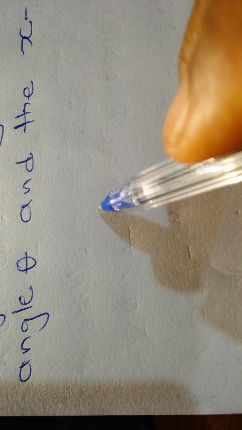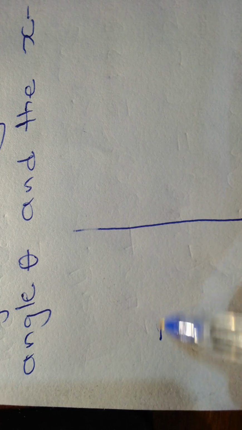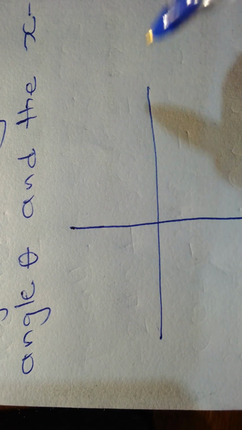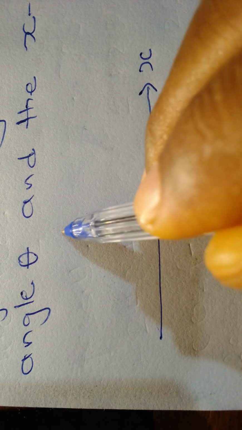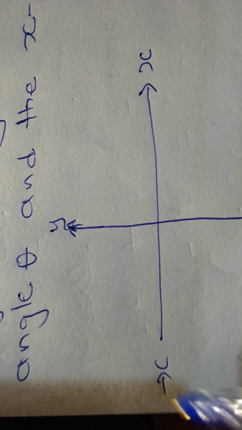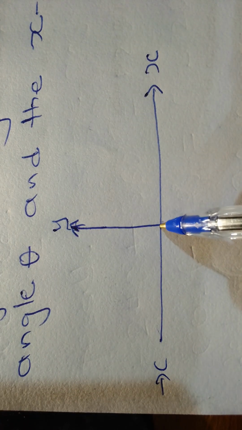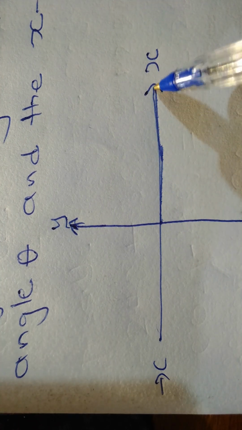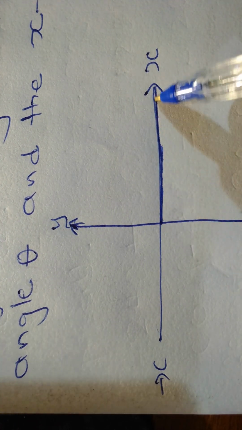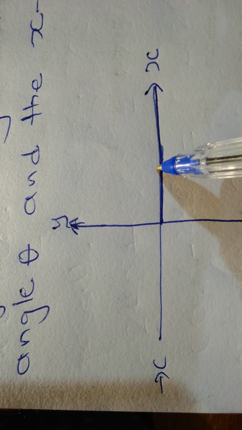Let's begin with the first quadrant. In the first quadrant, we have the x-axis, the positive x-axis, which is this. We have the positive y-axis, the negative x-axis, and then the negative y-axis. Let us take this place, of course, this is the initial side of an angle in standard position. If the angle rotates